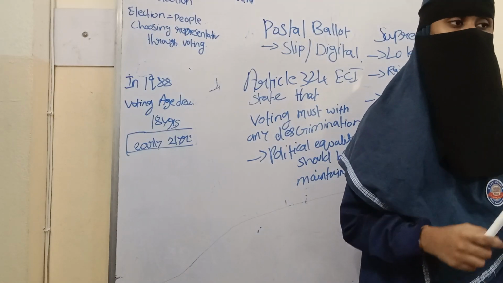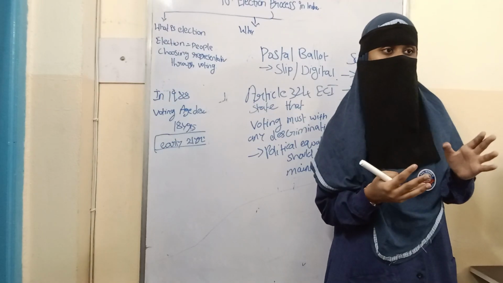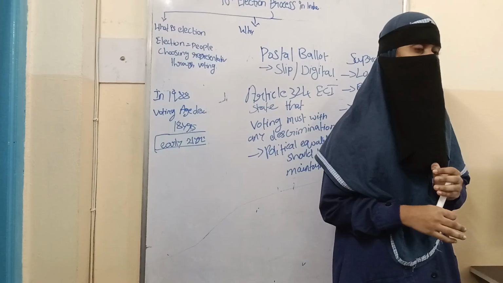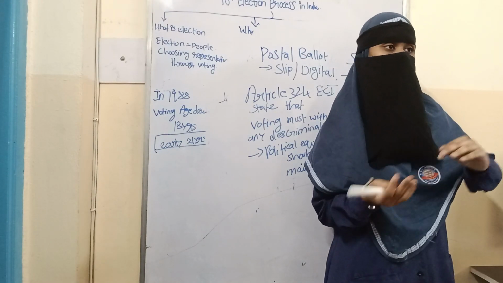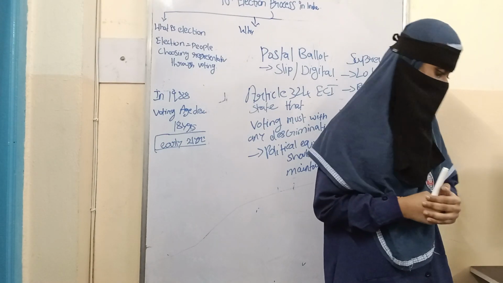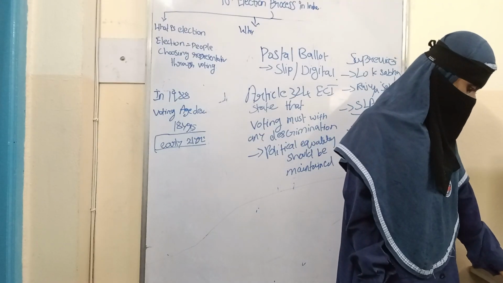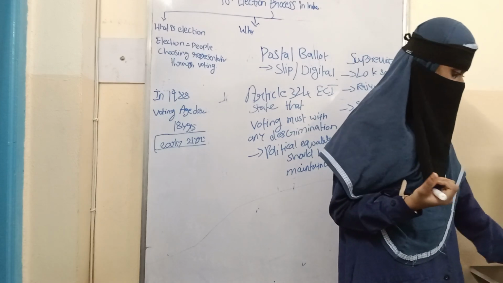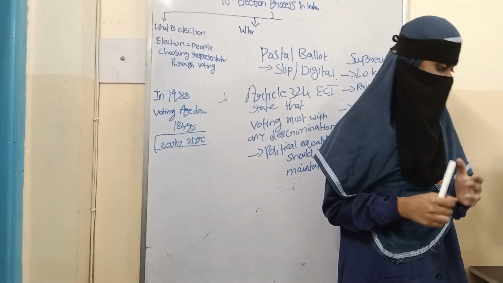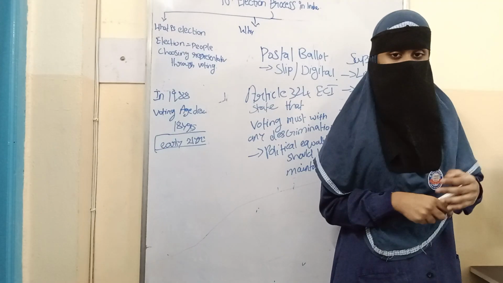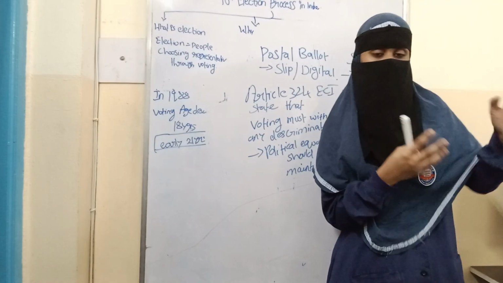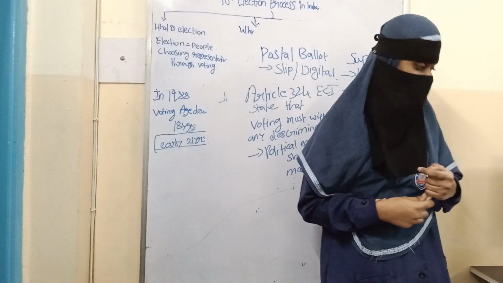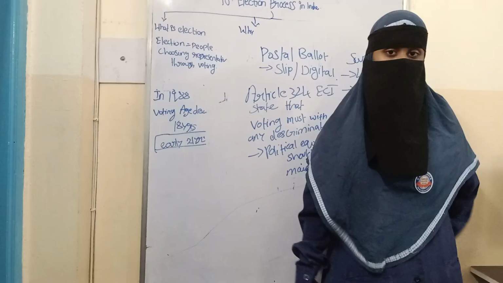And as we know, the Election Commission of India, ECI, was formed on 25th January in the year 1950, after 2 years of independence. It conducts the elections at the central level and at the state level. And in 1988, the voting age was decided. It was 21 years, and they changed it to 18 years. So guys, this is